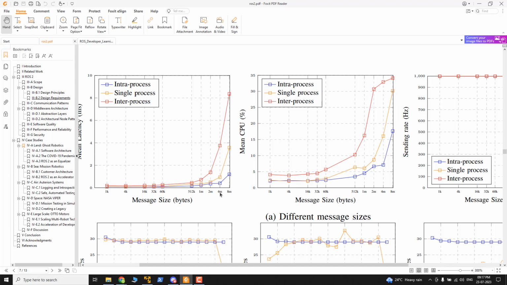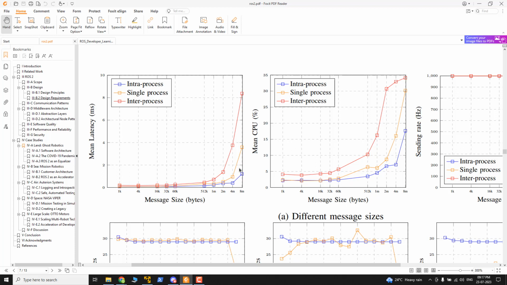So the latency will be much less compared to the... I think, yeah, in the process is red, right? So that is what we are seeing on the top. The inter-process latency will be higher, and the intra-process, it's actually very less. Intra-process mainly uses the shared memory, so it will be much faster compared to the inter-process. Inter-process mainly uses the